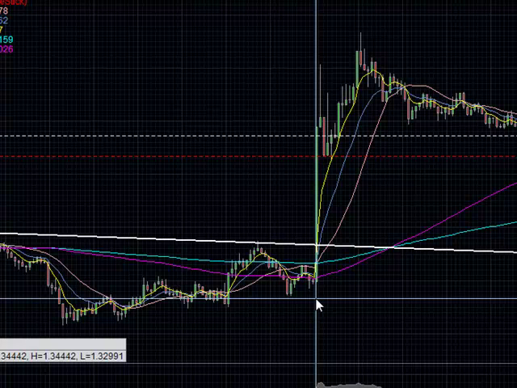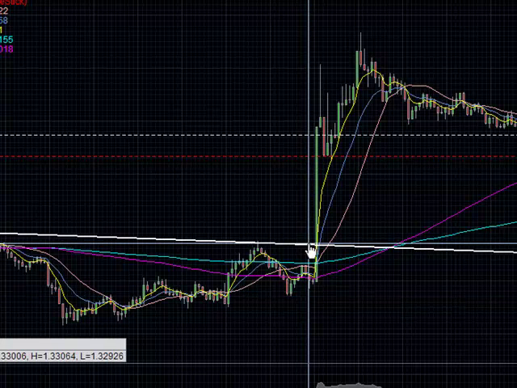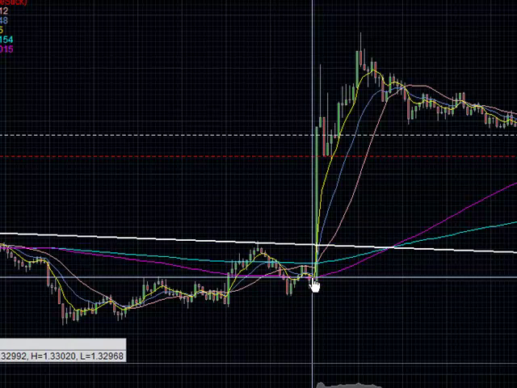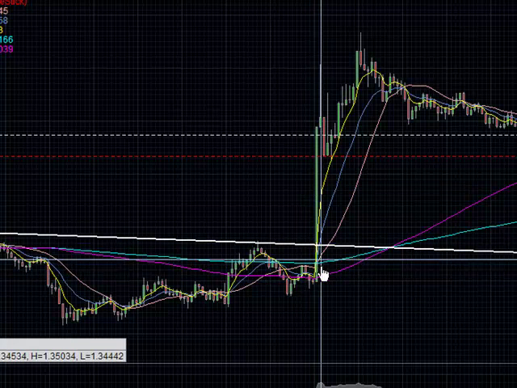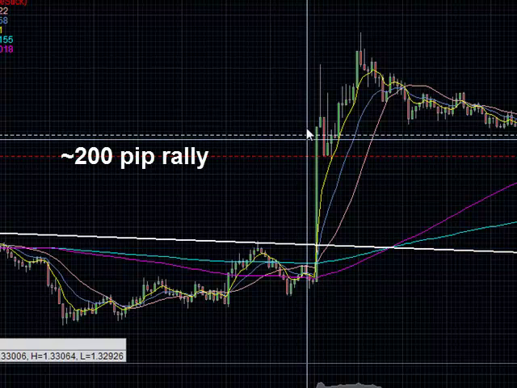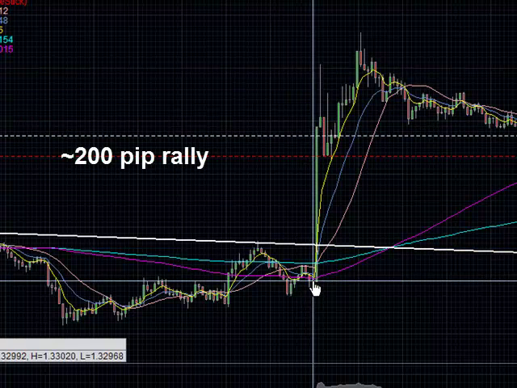So this effort by most of these central banks was done to make it cheaper for the European banks to fund US dollars, because the cost for doing it was already at a 3-year high. So really this intervention was done out of desperation to prevent the financial system from collapsing in Europe. So we can see this 200 pip rally, and in under 10 minutes there was a strong 200